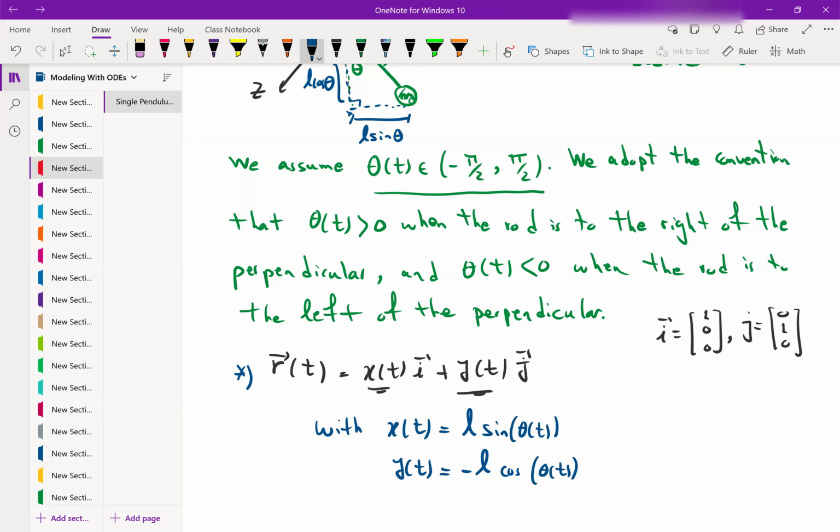They are consistent with each other. This is something that I want you to check in private. This is consistent with our convention for the sine of theta,